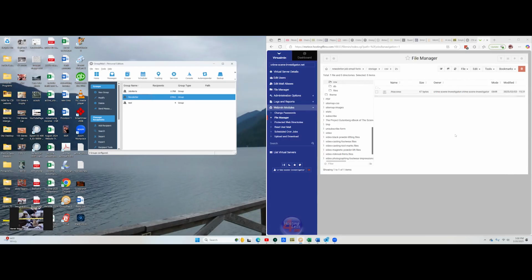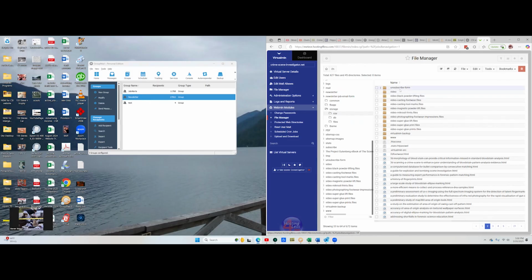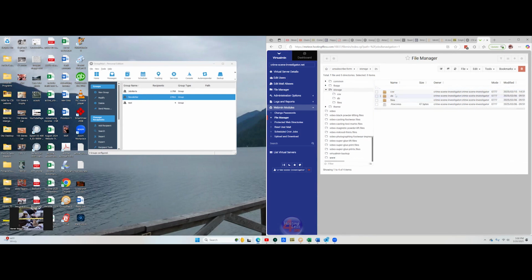So now the next thing I need to do is check to see if anyone has unsubscribed to either job alerts or to the newsletter. So the way I do that is I have to go to the directory that has the unsubscribe. All right, so I've gone back to the root of the file manager. And on the second page, here we have unsubscribed form. I'm going to click on that. It takes me to the directory for unsubscribe. I go to storage. And once again, I go to